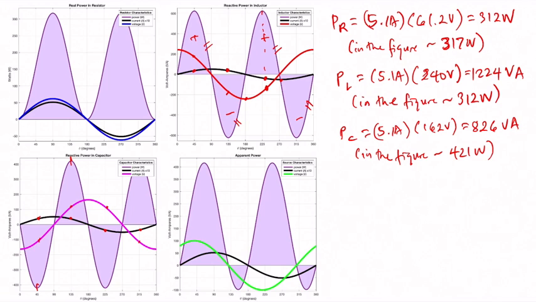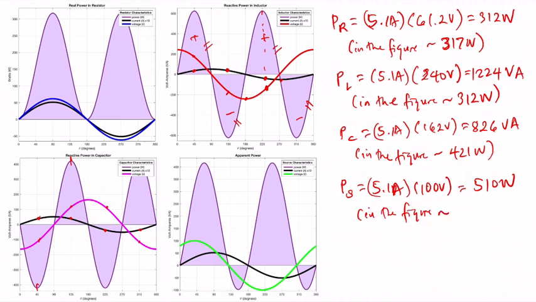And finally, for the source, or for the apparent power, we have 5.1 amperes times 100 volts, which is the given quantity. This is about 510 watts. But in the figure, we have about 416 watts. Okay. Now, in this figure, the current and the voltage are out of phase by 51.9, or 52